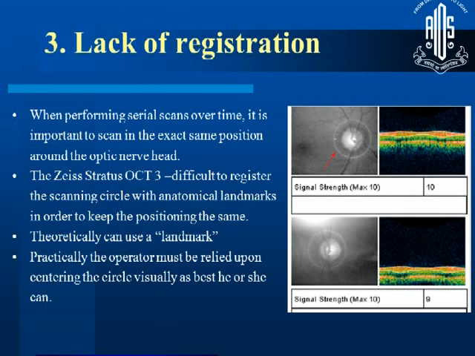Lack of registration was another problem. There was an inbuilt mechanism to have this pointer fix near a blood vessel where you could do it every time, but in clinical practice it's really a subjective assessment of the operator as to where the optic disc is in the center of the circle. So you're not sure that at every time point you're imaging the exact same area of the RNFL, and glaucoma being progressive, that was a major limitation.